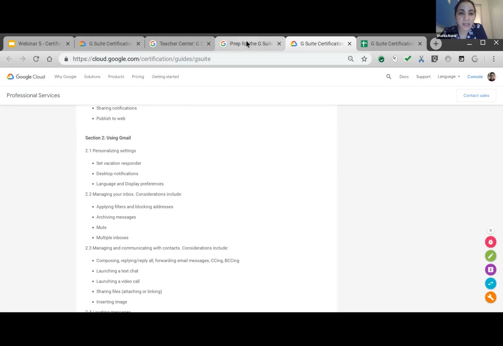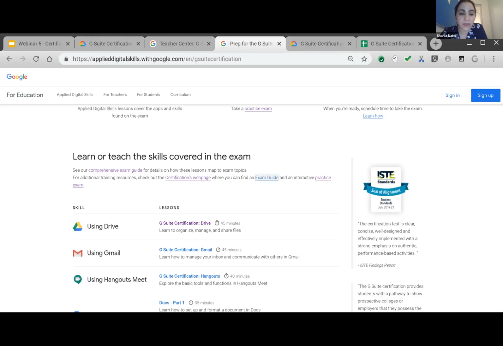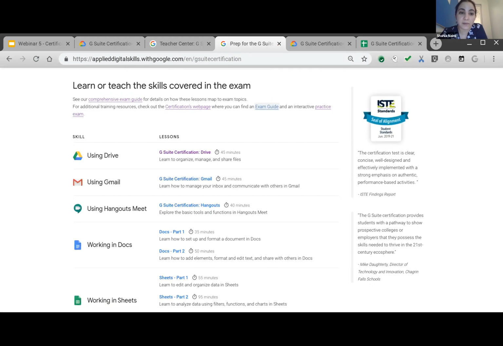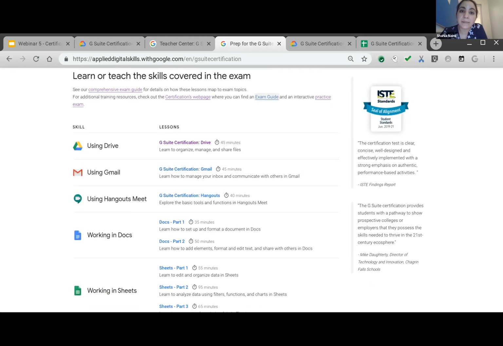So we've matched that specifically so that, let's say your students have no experience using G Suite, or they have very limited experience using G Suite. Your goal is to prep them from zero to knowledgeable and ready to take the exam.